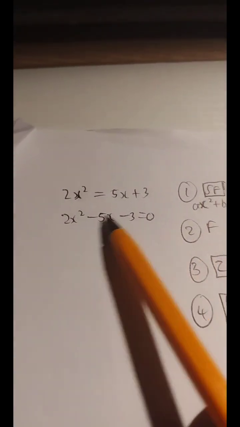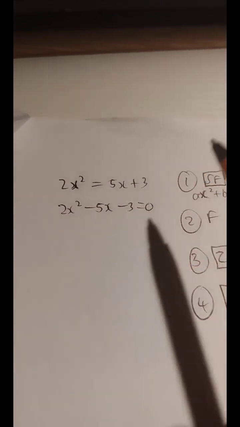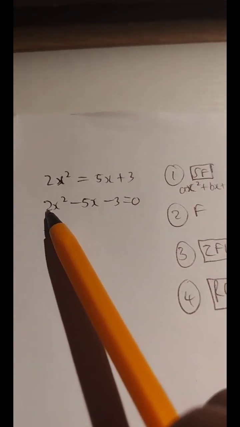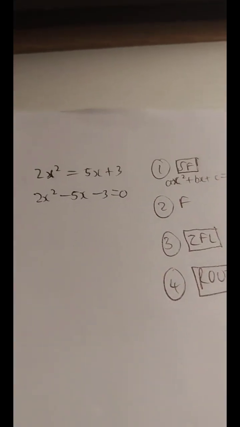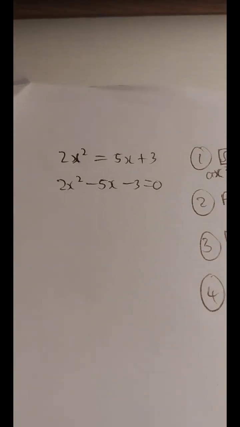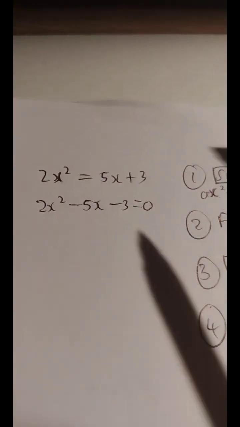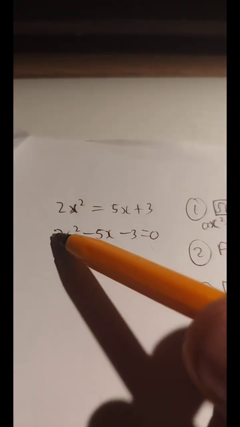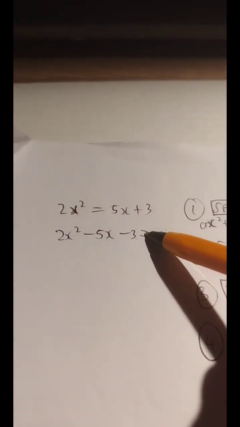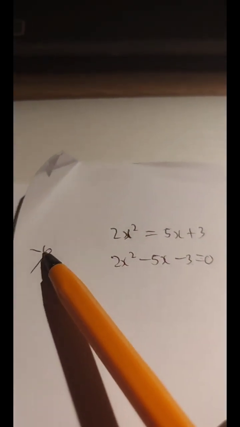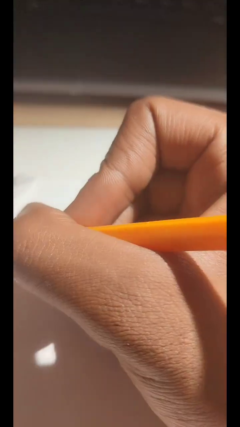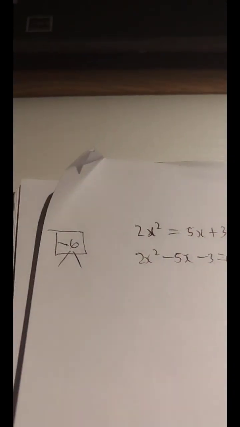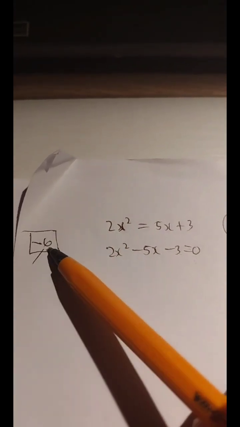If we look at this, what type of quadratic trinomial do we have here? We have the one where a cannot be 1. So we are going to have to apply an appropriate method to solve for x. The method that is very much recommended is the AC method, where we take the 2 and multiply it by negative 3, and we get negative 6. Then we ask ourselves, what are the factors of negative 6 where the signs are different? Remember, a negative sign means the signs are different.